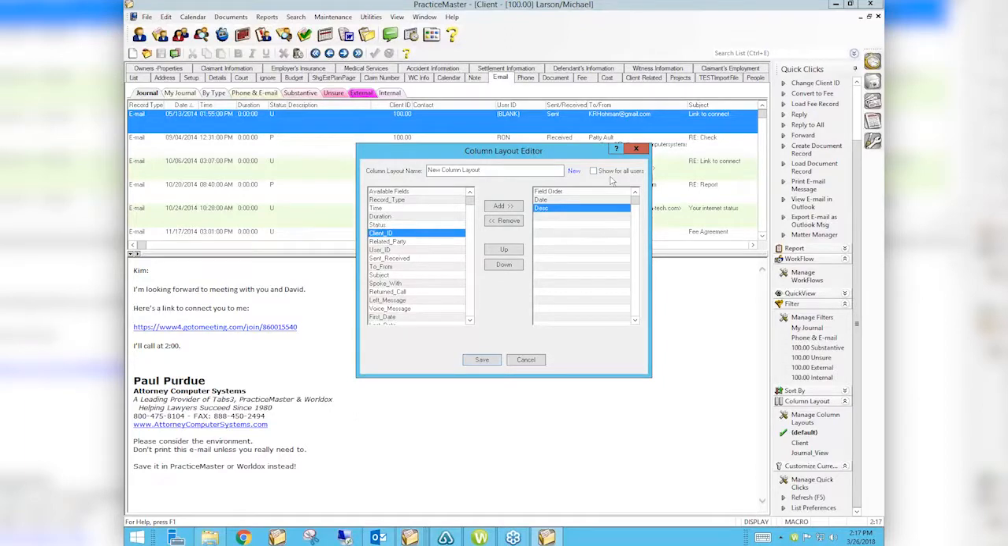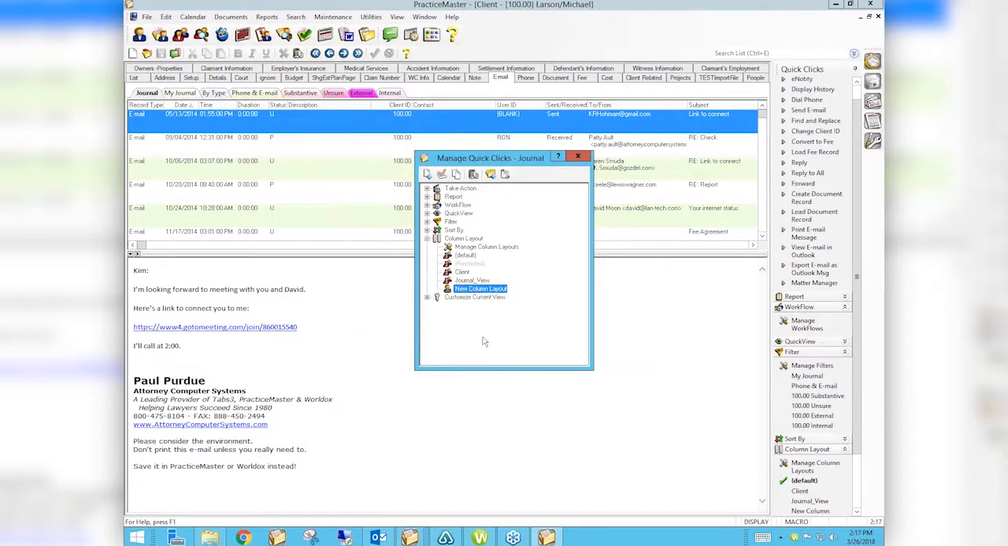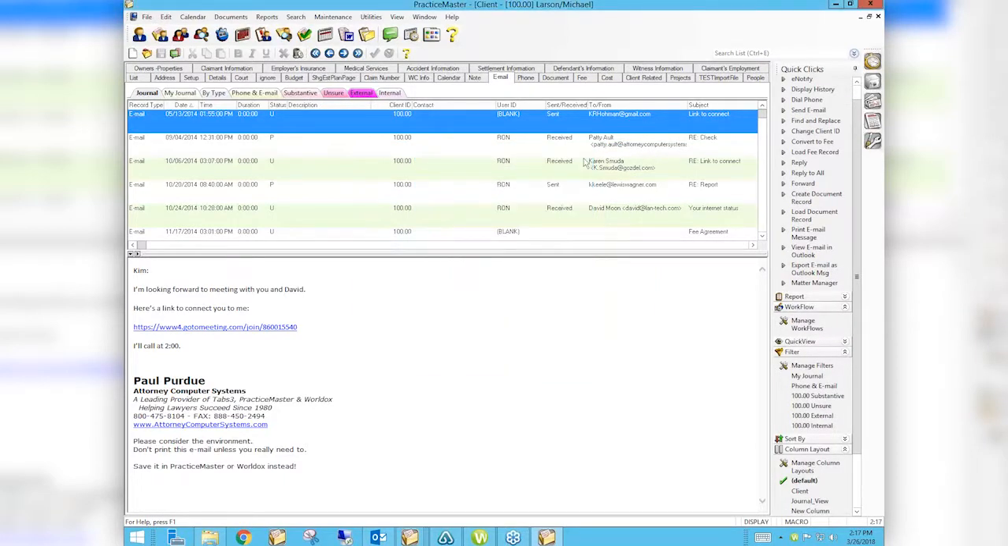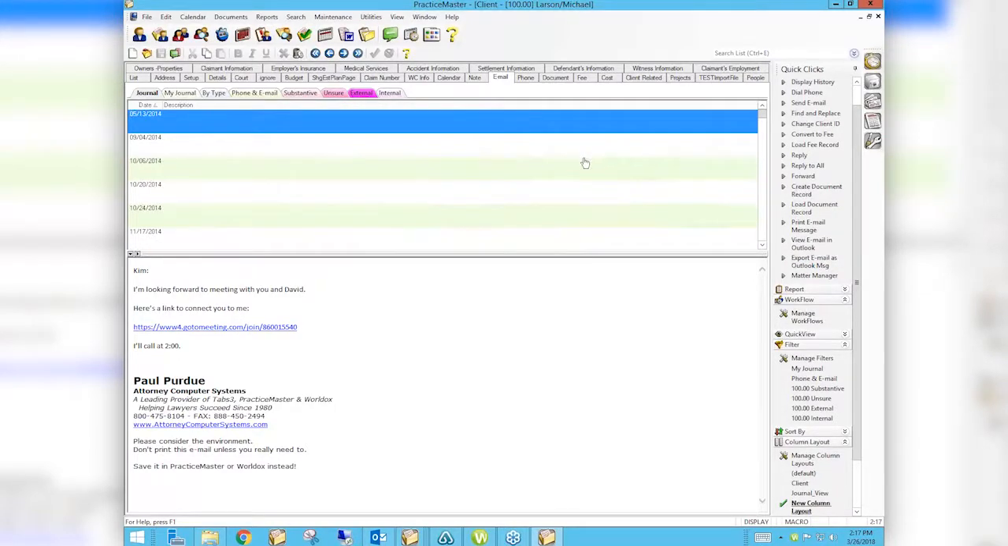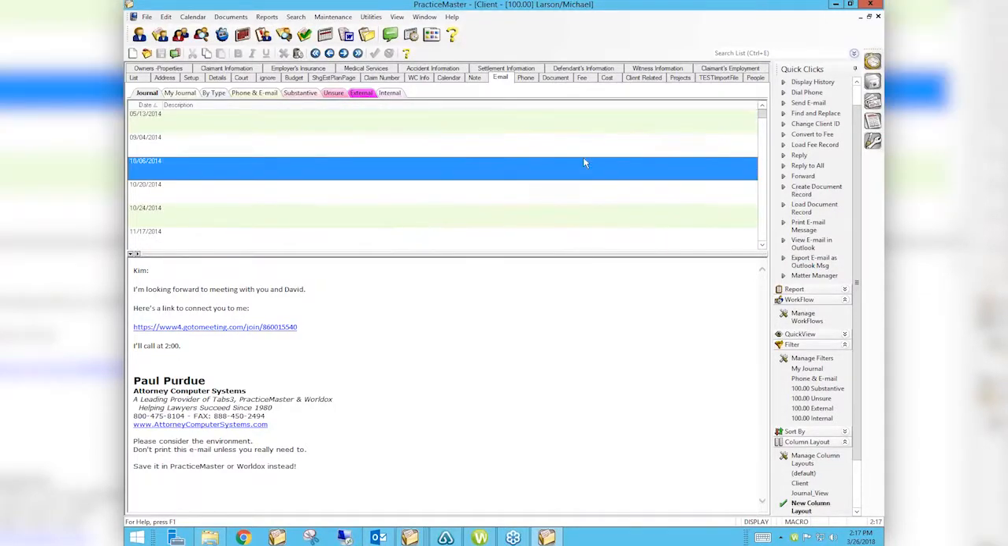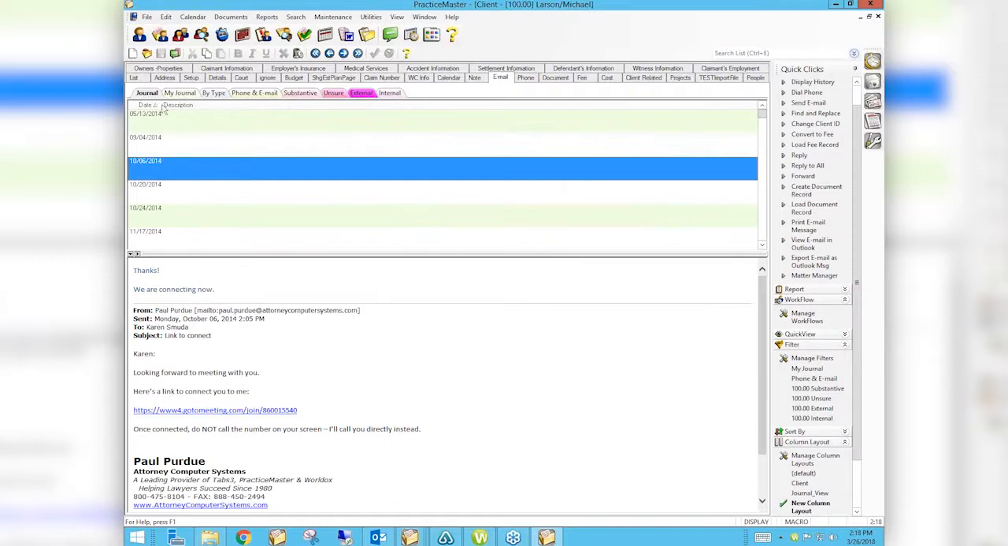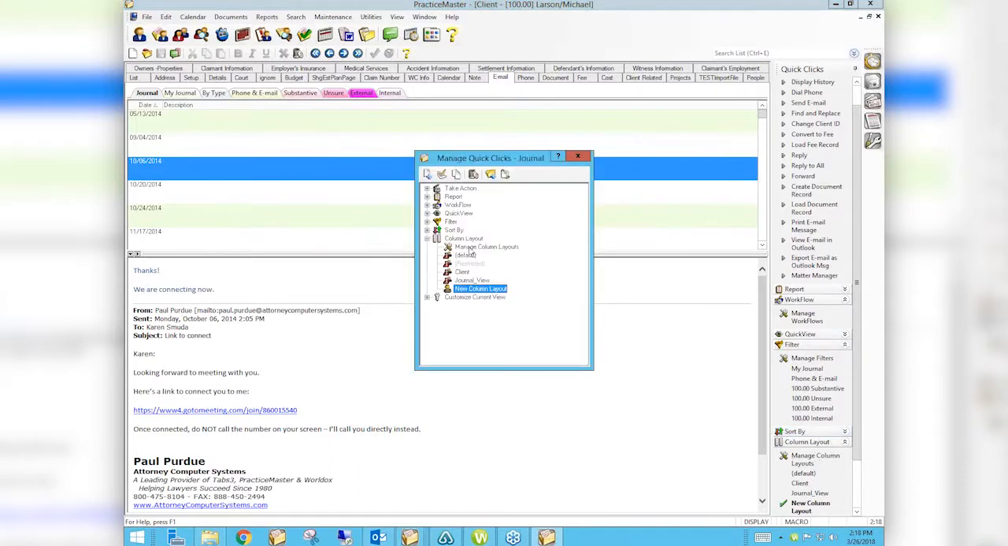Okay, so what does that mean? Well, it's kind of obvious. If I don't check that and I save it, I have a column layout called whatever I called it, new column, because I didn't really name it, and it shows just the date and the description. Very cool. Okay, if Mary Jo logs in as her user in this copy of PracticeMaster, she will not see that. But if I simply go in here,